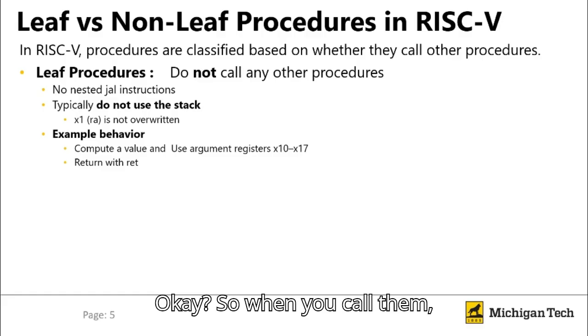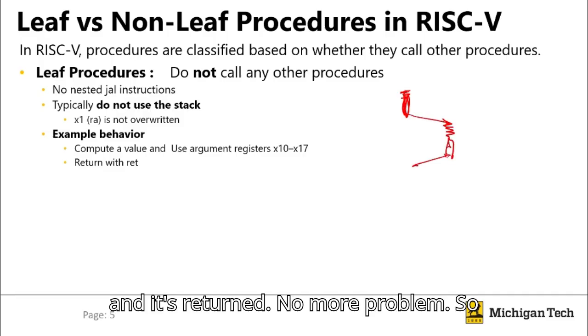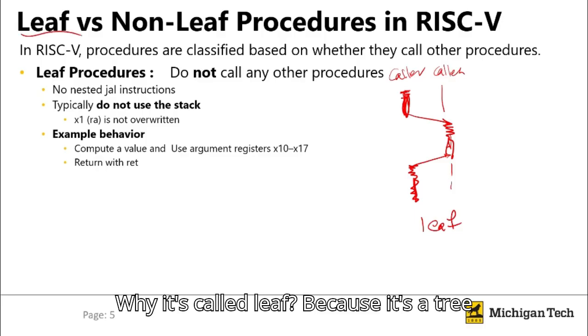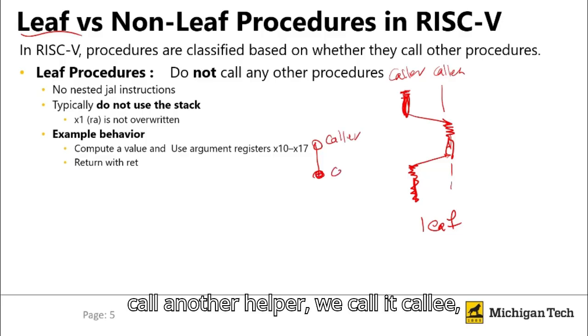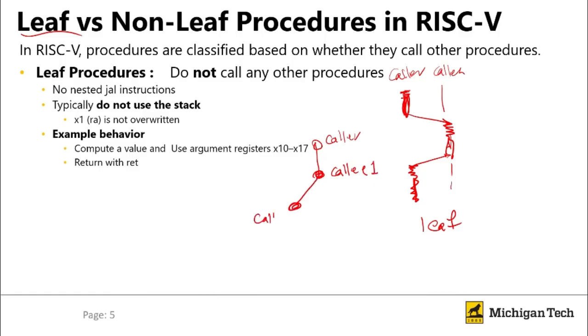Okay, so when you call them, it's like this. This is the main. You call them, and it returns. No more problem. So this is the caller and callee. This is leaf. Why is it called leaf? Because it's a tree structure. For example, the caller calls another helper. We call it callee, for example. If this callee calls another callee, for example callee 1, callee 2,